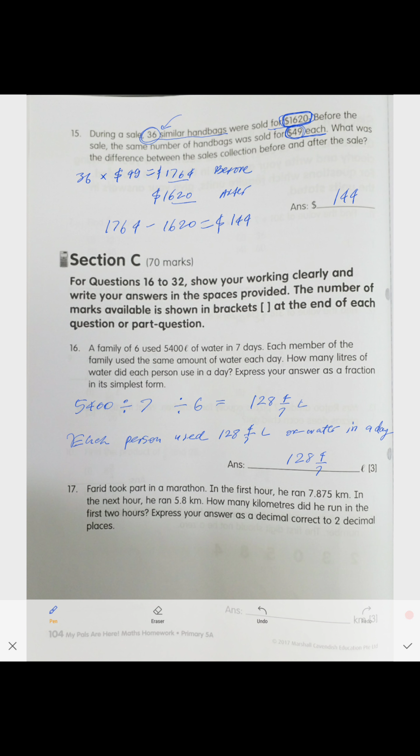Express your answer as a decimal correct to second decimal place. Alright, so the first hour is 7.875 kilometers, right? And the second hour 5.8 kilometers. What is the total? You calculate your total, it's going to be